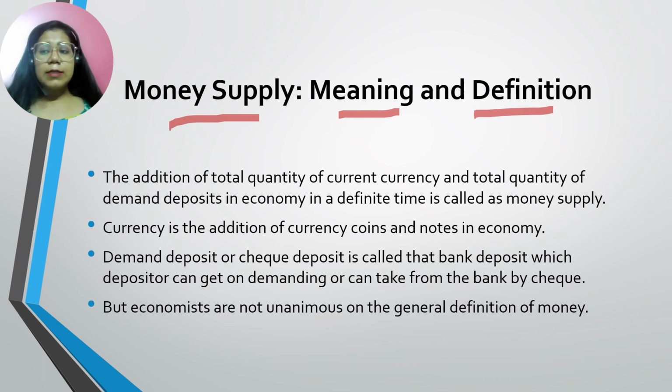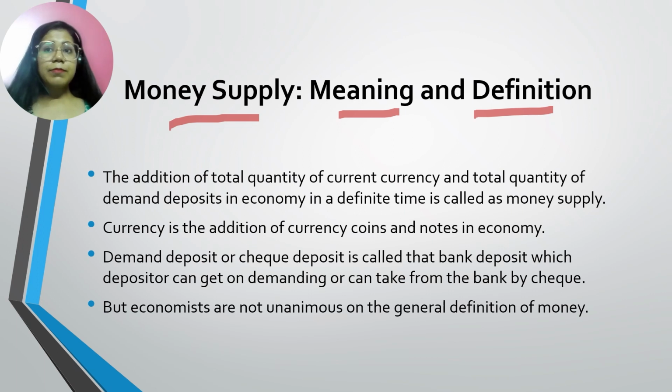Now, what is term deposits? We know term deposits are the deposits which are kept in the banks for some time period. Like we know FD, fixed deposit, and there is RD, recurring deposit. We know fixed deposit is for some time period like a year, 6 months, 2 years, and so on. Similarly, recurring deposits is also for a time period, but there you have to give money every month or every quarter as you decide. So some economists say that we should also consider term deposits as a component of our